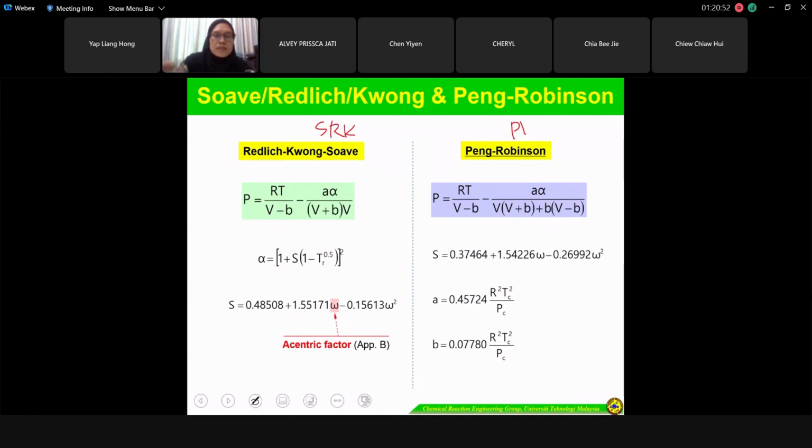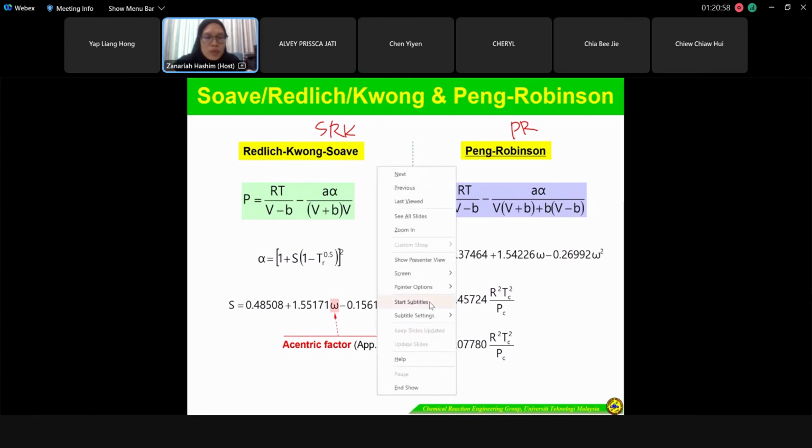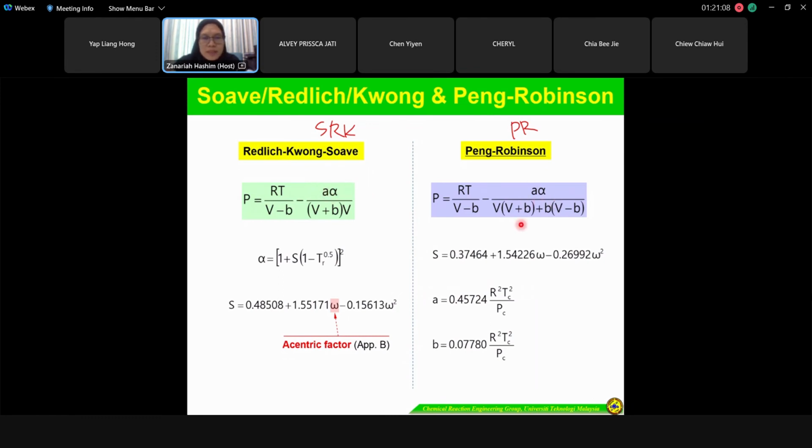and then this is the Peng-Robinson. So you can see that the second term becomes more complicated with more variables. Okay, you have this alpha here. And for PR, below this, it has this additional term. Alright, so you have this alpha. So alpha is given by this equation. Okay, alpha equals 1 plus these terms, and then you have the